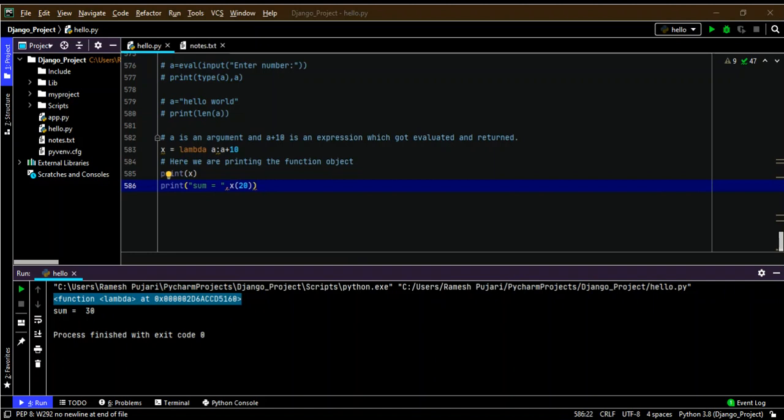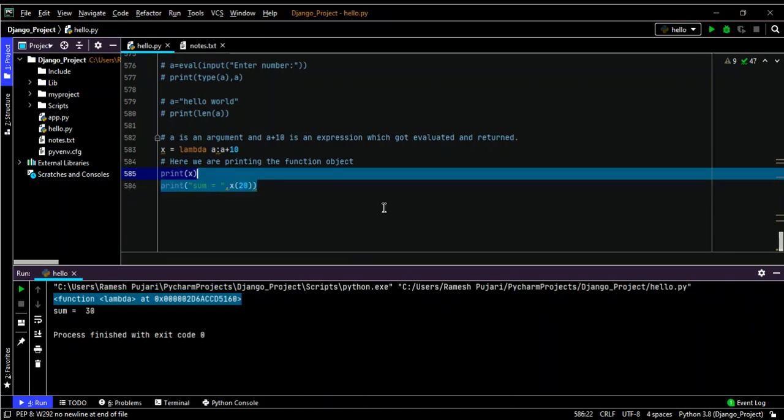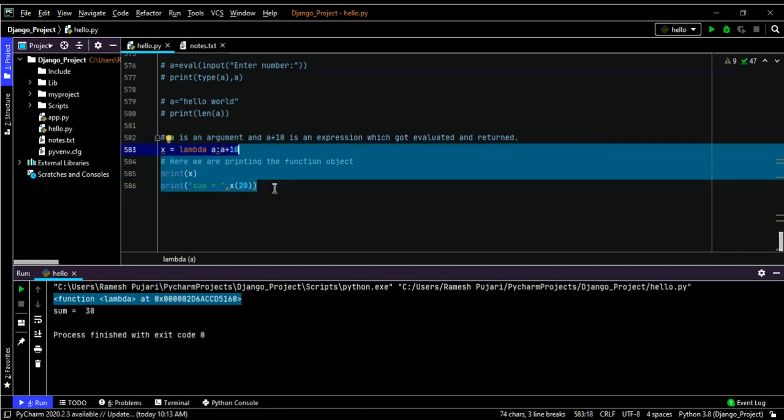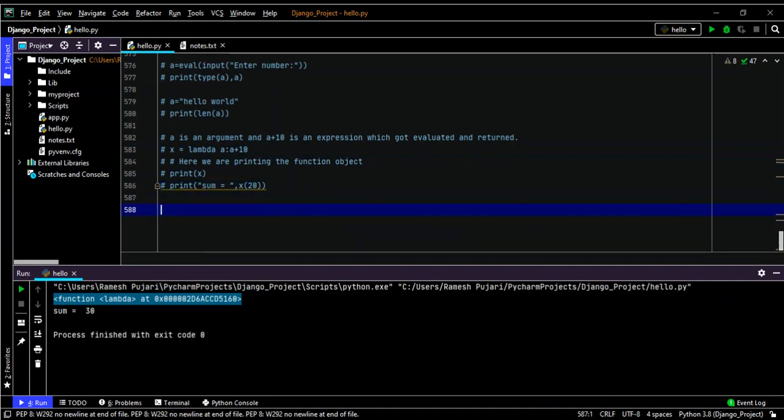So next, in lambda functions, as I earlier explained, a lambda function can take any number of arguments. Now here I pass only one argument, that is a, and this one is the expression. Now I will give an example with two parameters, how to pass multiple parameters. As in functions we can pass multiple parameters, similarly in lambda functions also we are able to use two parameters.